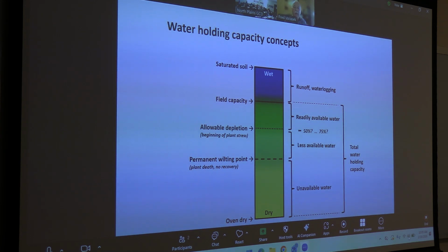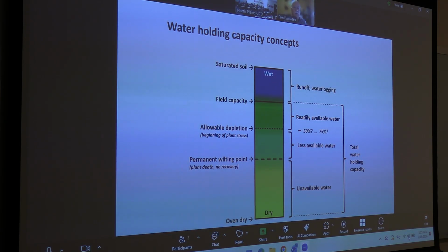So as we start talking about how much water that soil can hold, here's a diagram to illustrate. And there's a terminology. We use saturated soil, field capacity, skip over allowable depletion for a minute, permanent wilting point, and oven dry. And over the right is what the characteristic would be in terms of soil water. So if we took an oven dry soil, took it and cooked all the moisture out of it, and started adding water to it, eventually we would see the soil would become saturated. All of the pore spaces, everything would be filled with water. And that's a point where we have saturated soil, we start to get runoff, we start to get waterlogging in